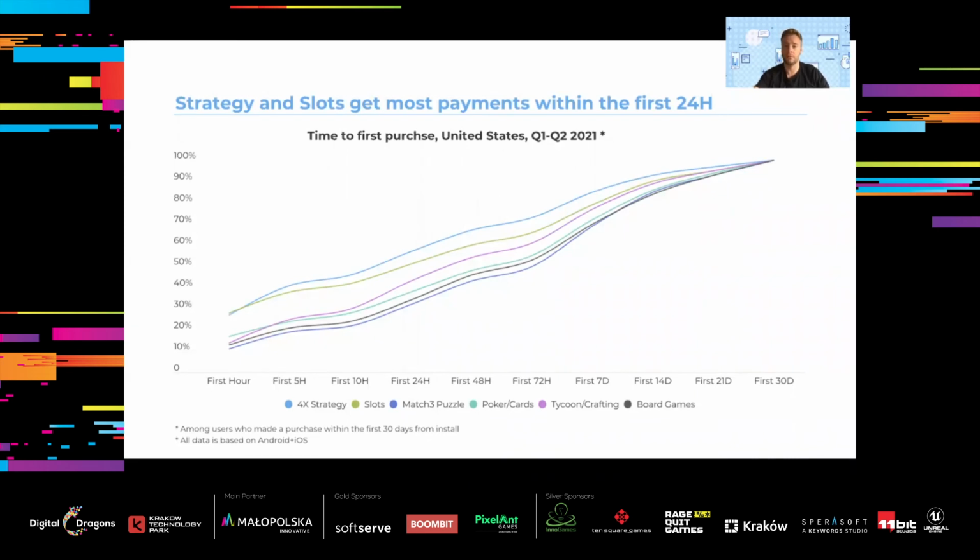Again, I want to share a couple of benchmarks and insights from the AppsFlyer side. We see that strategy and slots get most payments within the first 24 hours. And this is quite interesting because those are the different clients that are utilizing the in-app events, in this case, first purchase, right? And you can see certain benchmarks within a game in a certain